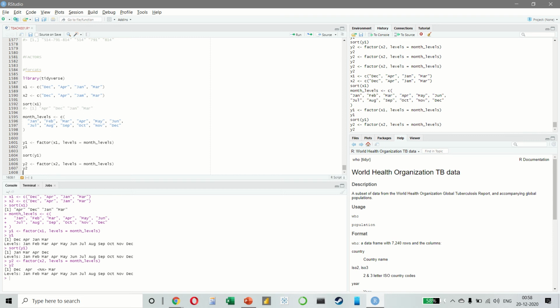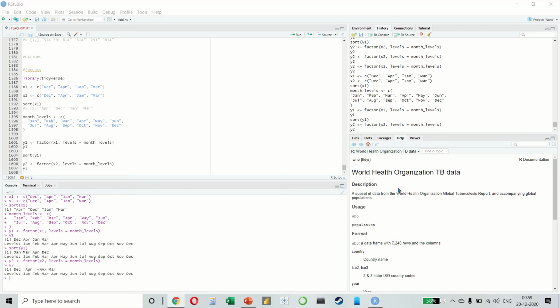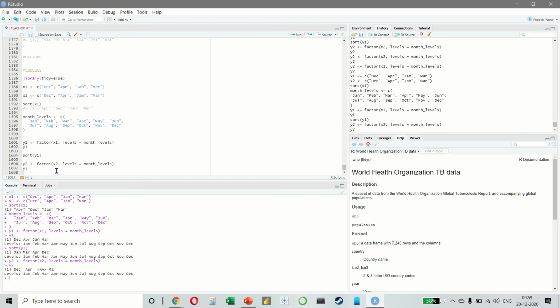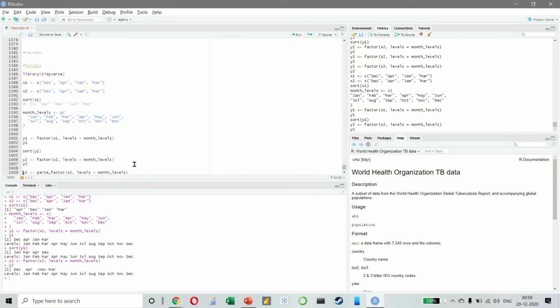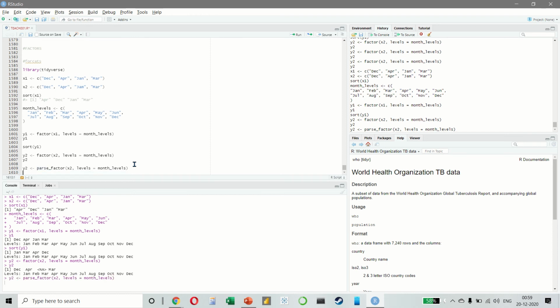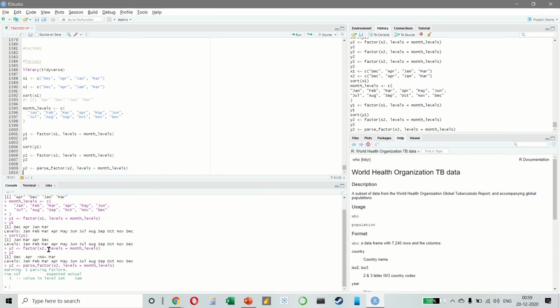And if you want a warning, you can use this. So if you use parse_factor, it tells you that there is a warning and this is the error that is coming.